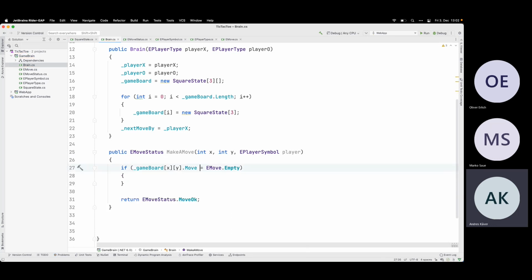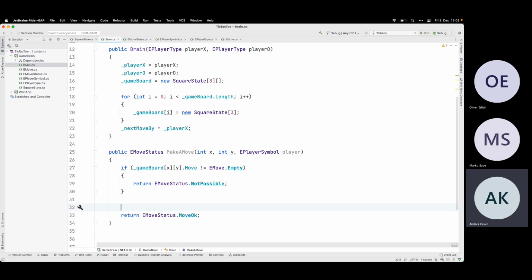Let's say this way, if it doesn't equal to the empty, move is not possible. So you cannot go there, it's taken. And move is over with that one.